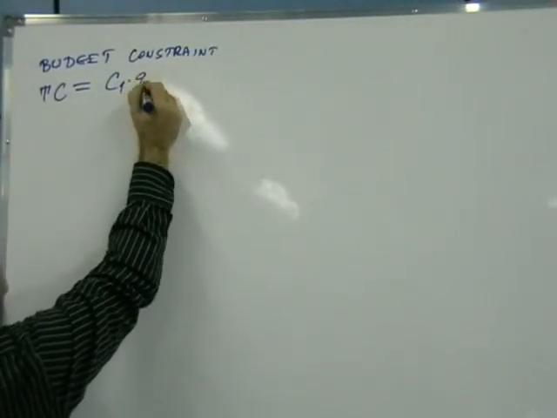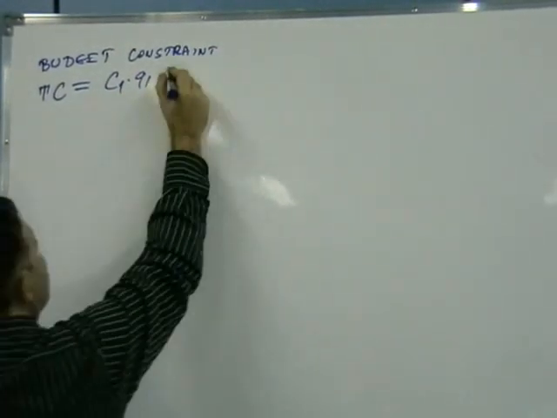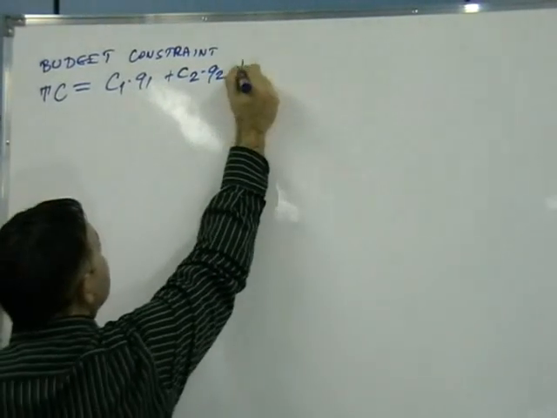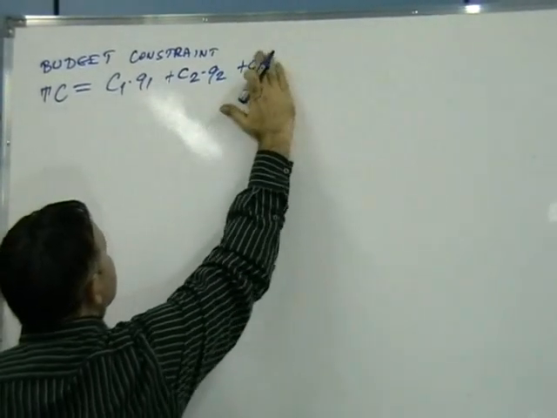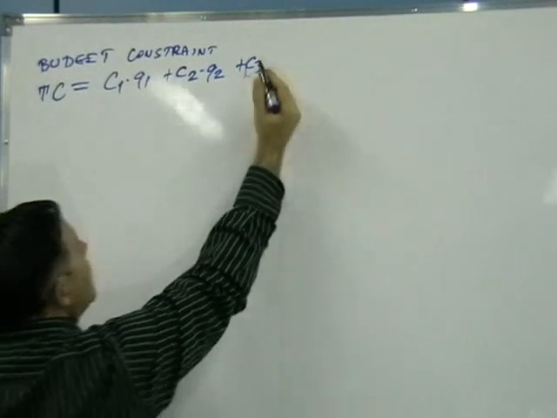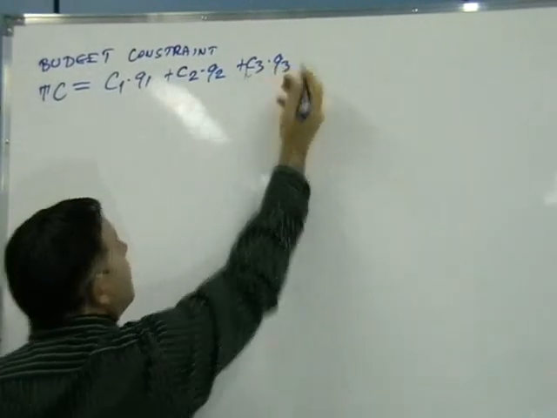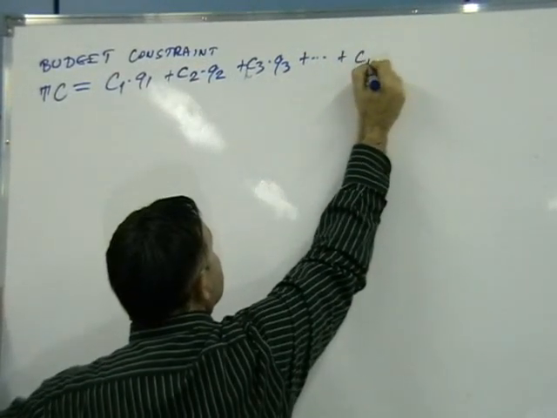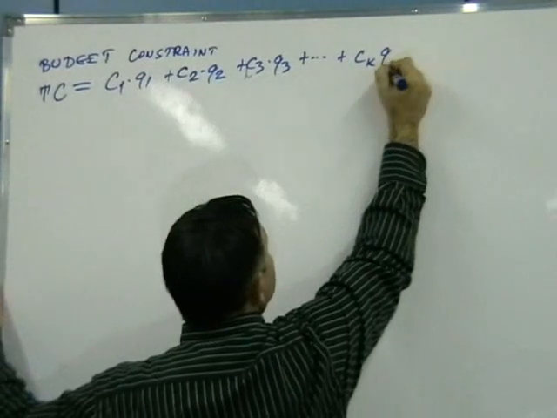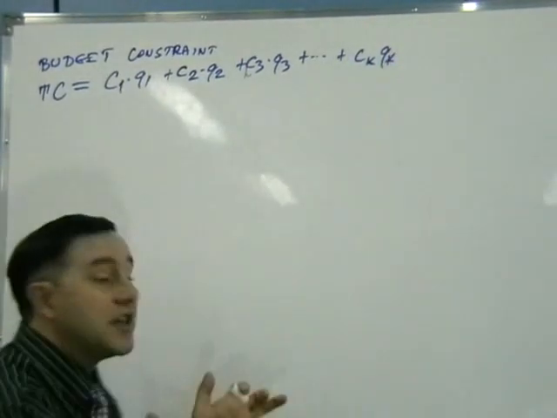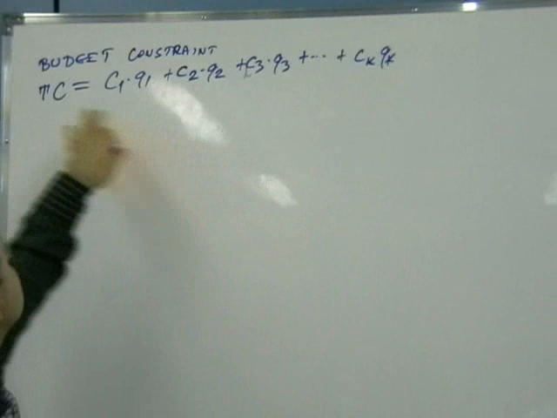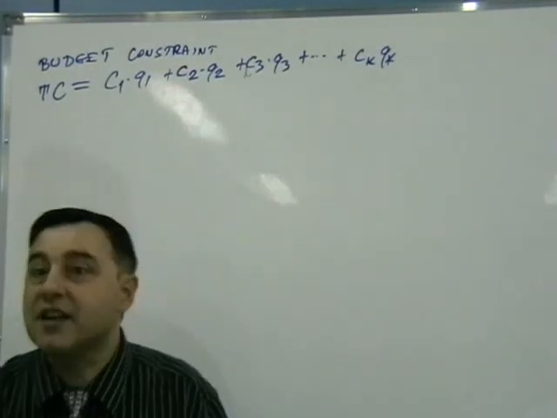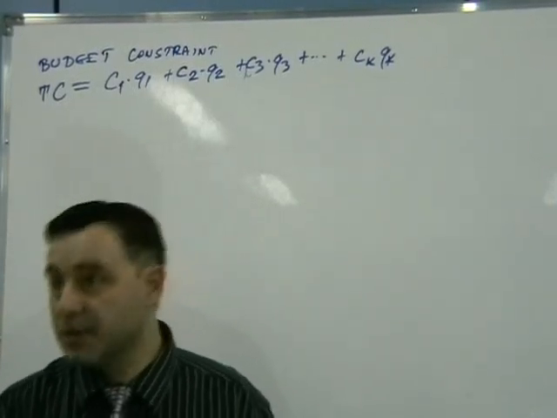Cost 1 times the first quantity plus cost 2 times the second quantity plus cost 3 times the third quantity plus, and so on, plus the cost k times quantity k, alright? It simply says that the dealer has exactly, let's say, a $1 million budget, and